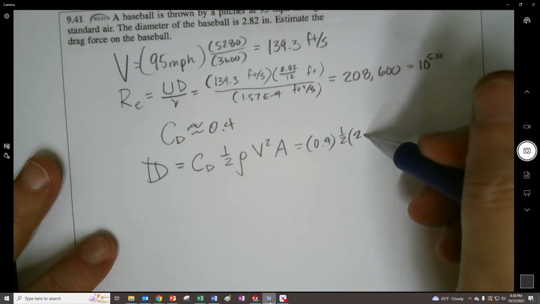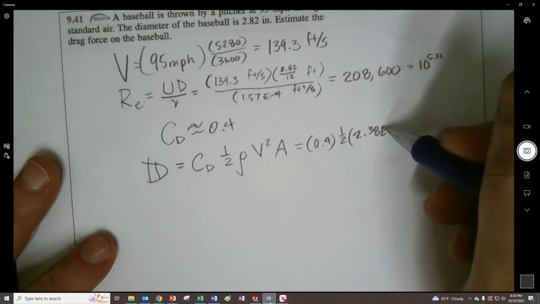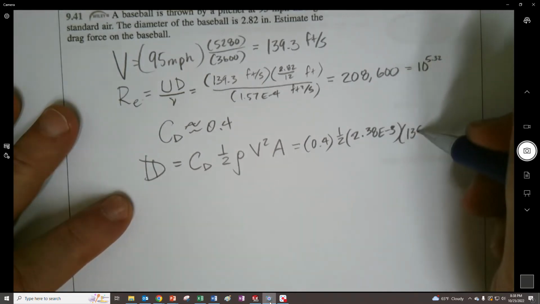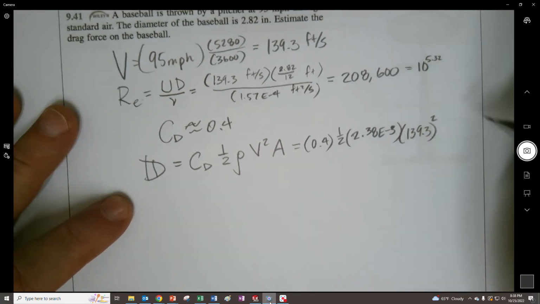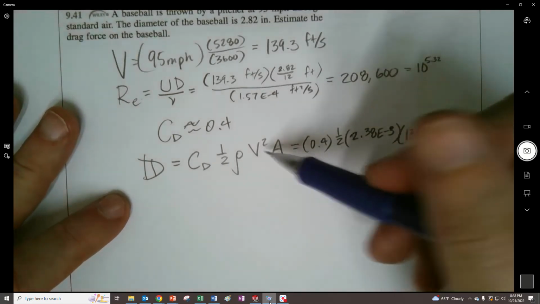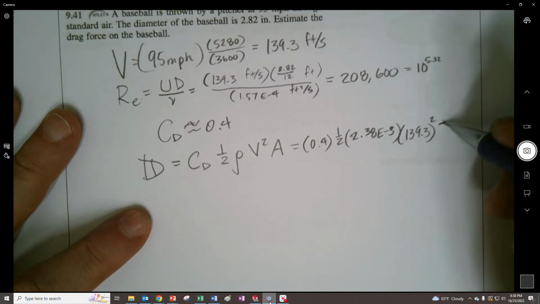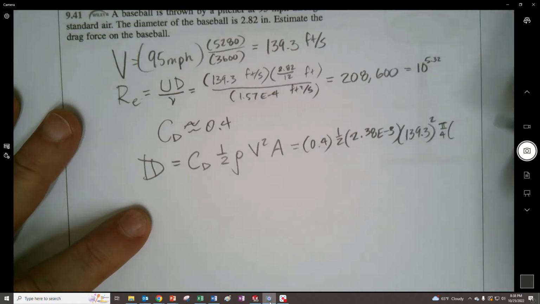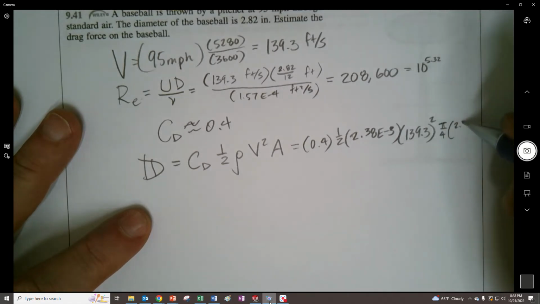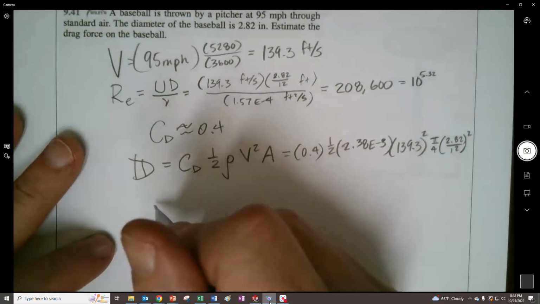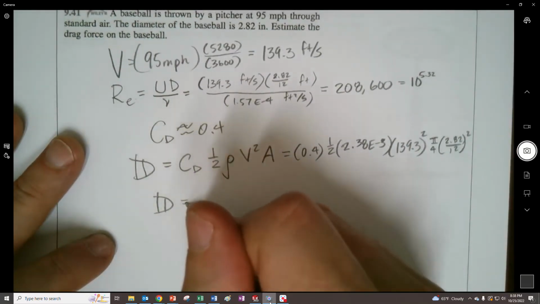So 2.38 E minus 3, and then 139.3 squared. And now for the area, that's going to be the cross-sectional area of a baseball, right? So pi over 4 times 2.82 divided by 12, and that's squared. So it's pi over 4 times the diameter squared. And we get a drag force of